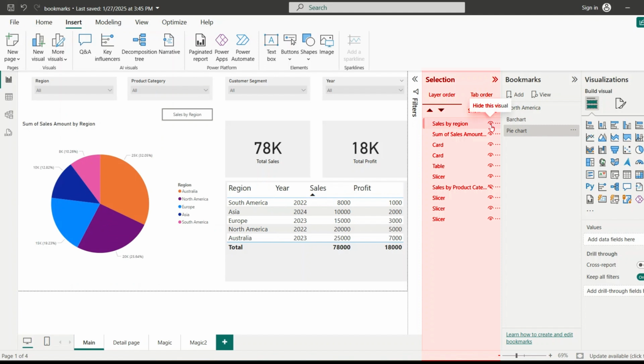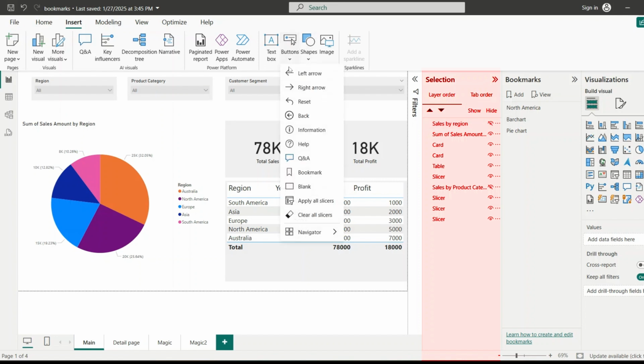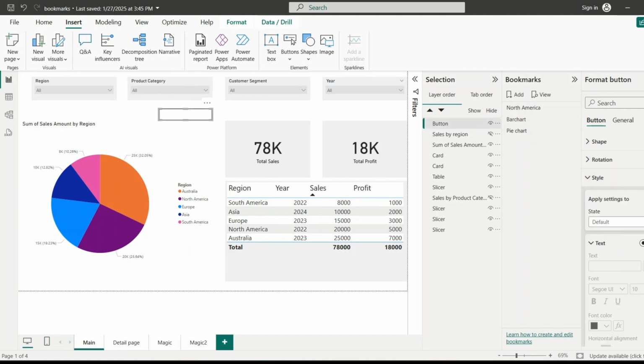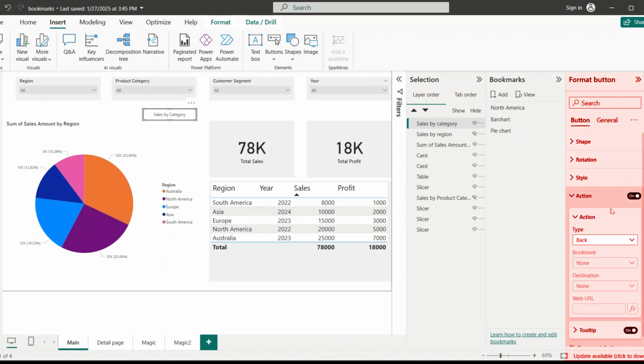So for that, I am hiding this visual. But again, in the pie chart, we need a button to navigate to the bar chart. So again, let me click on buttons, blank button, and place it here, adjust its size so that we can add the complete text. And in the format button, switch on the text and add the text. Sales by category. For the sales by category, we have to switch on the action and click on bookmark and change that to the bar chart,